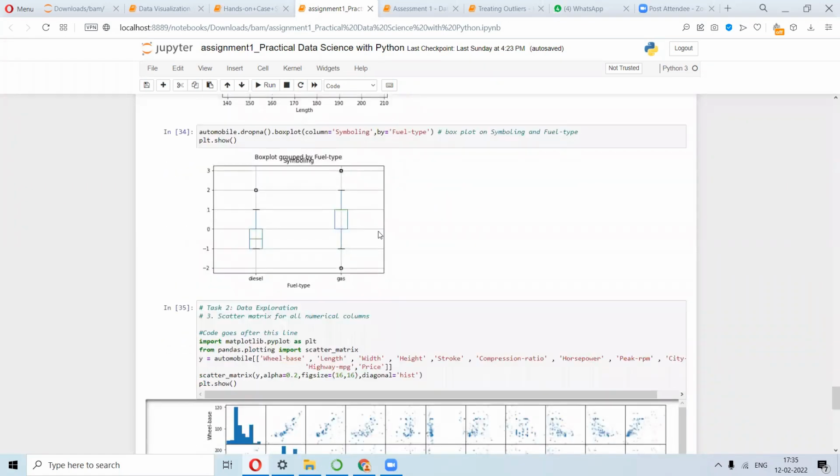Okay. Now we haven't looked into box plots, where we can compare side by side. So it's just an advancement on whatever we have done there. Here we can actually see, for diesel and gas, you can take fuel type, and then here you have the symboling. So you can check whether the median for this one is equal to that of gas, which it is not actually. This is much below that of this. So accordingly you can compare.